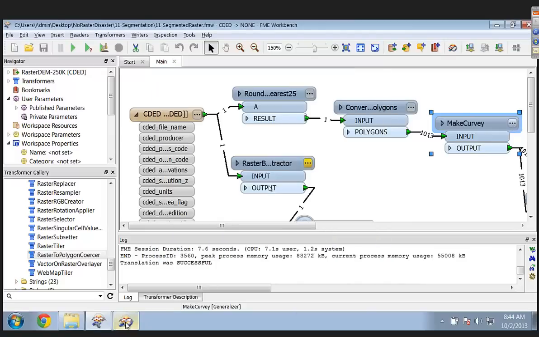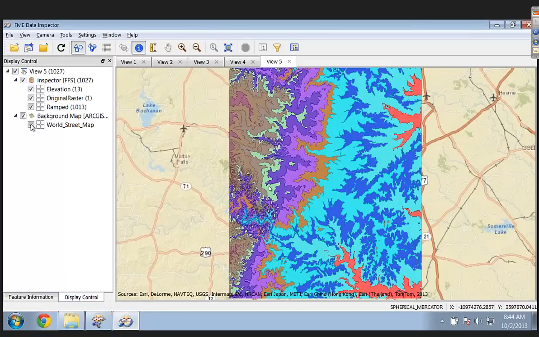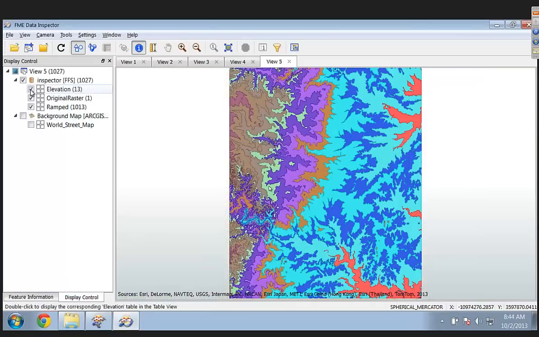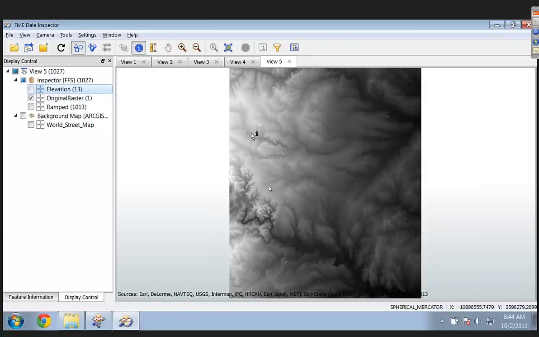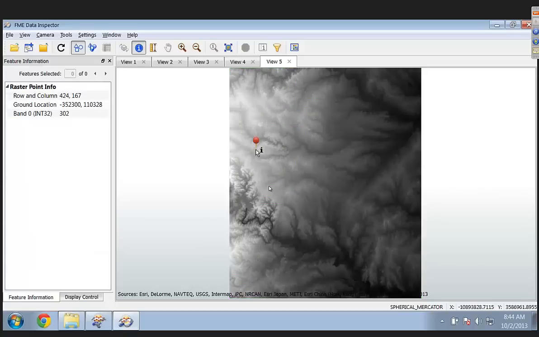And so that's what we did there, and so we see our results here, and so I'll just turn off the background map, and I'll turn off all this stuff. And so here's the original raster, which was a raster. If I select it, I can see, indeed, I had a raster there. If I click on things, I can see the different values. And so you can see they got elevation values coming there, Dave. Do you see that over there? Yes, indeed. And so that's great.